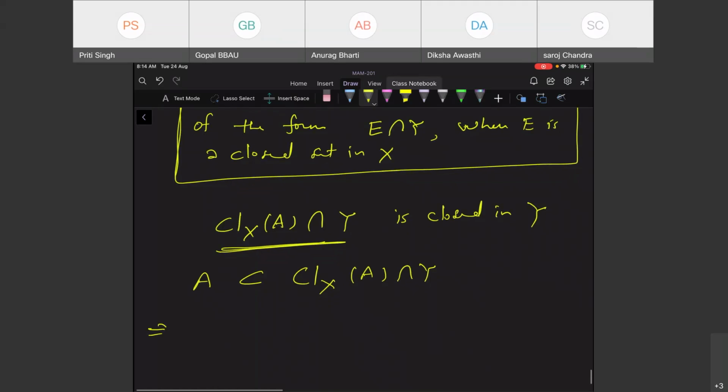Since closure of A in Y is the smallest closed set in Y containing A, and this is a closed set in Y containing A,